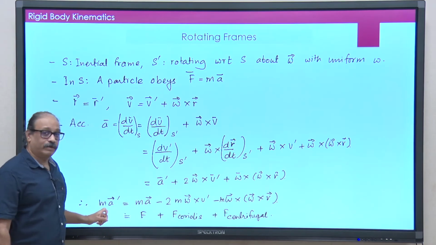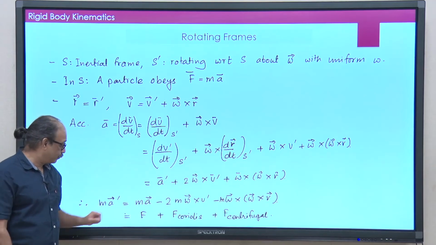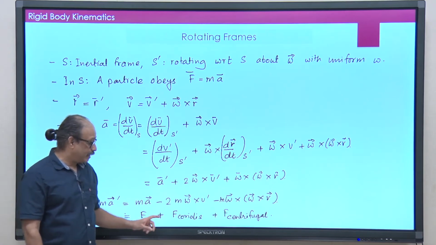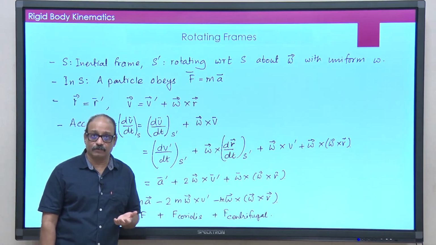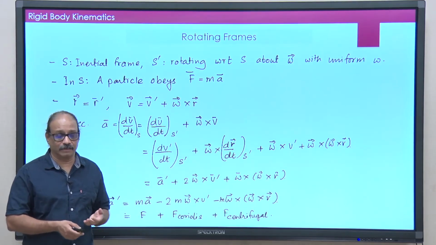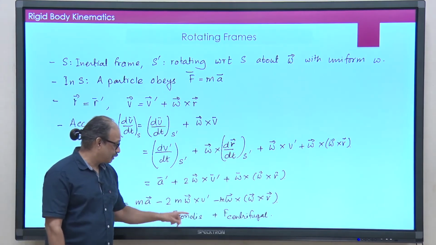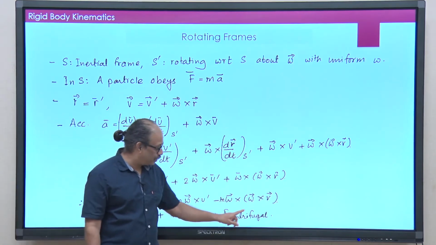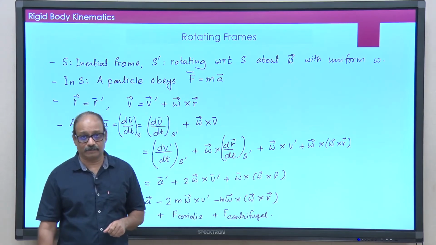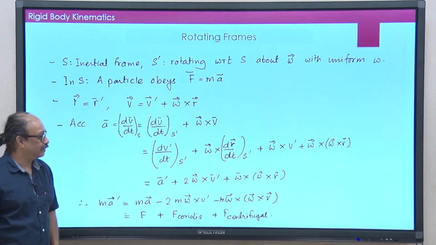So, when we are inside the rotating frame, what do we see? We see this force, we see this acceleration, they are not equal, and then we say that the difference is basically pseudo forces. We will not see the source of pseudo forces, because they are pseudo in nature, but we can identify those terms. This term here is called the Coriolis force, and this term here is recognizable, it is m omega square r, that is basically the centrifugal force. Okay. Let me apply this idea in the next slide.